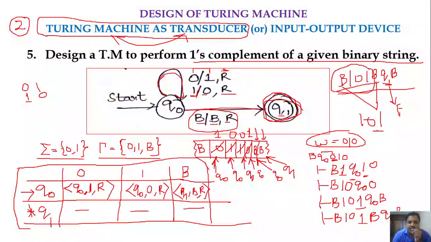So in Q1, if we don't have a transition for blank, the Turing machine will halt there, and whatever the tape content is will be used as the output. Specifically, we don't have any final state in the case of transducers. After halting the Turing machine, whatever content is on the tape will work as the output. That is one more point.